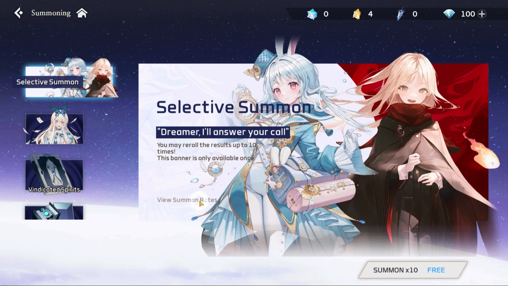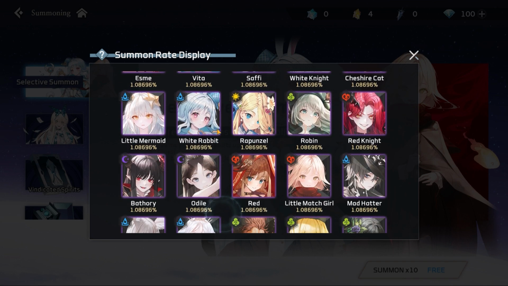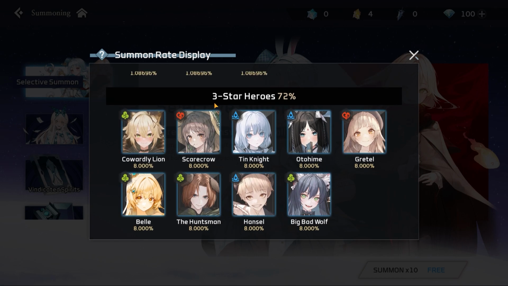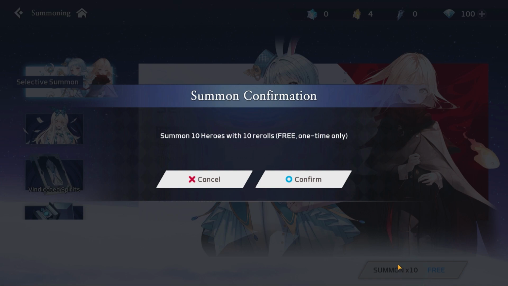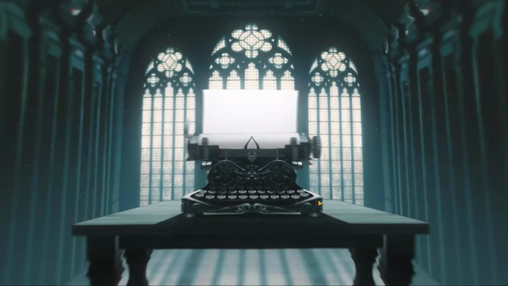In Grimlight, the probability to obtain a 5-star is 3%, 25% for a 4-star, and 72% for a 3-star. The selective summon doesn't guarantee a 5-star, so it could happen that after the 10 free summons, you wouldn't get a 5-star. So this makes it even harder to try to reroll in this game. In my opinion, after all of these free summons, if you are not super unlucky, you shouldn't have the necessity to reroll. But if you really want to, you should just follow the steps that I have mentioned in this